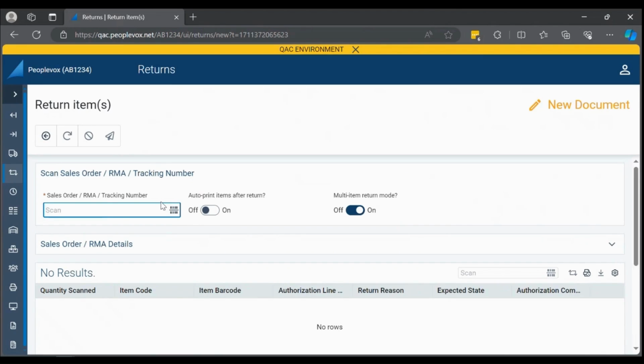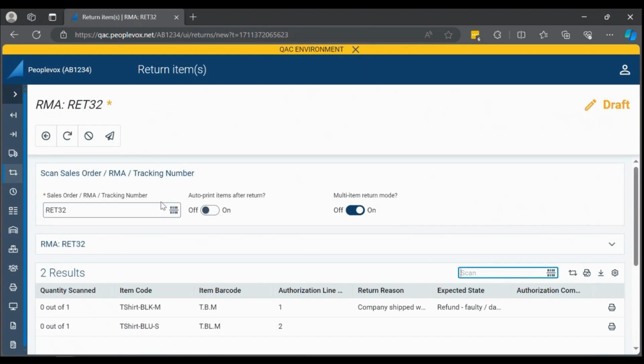So now we're on to our third scenario. A multi-item order that's gone out, but not every item has been returned. So similar process, scan the barcode at the returns bench. It brings up the information. Here we can see the first item, the t-shirt black medium,